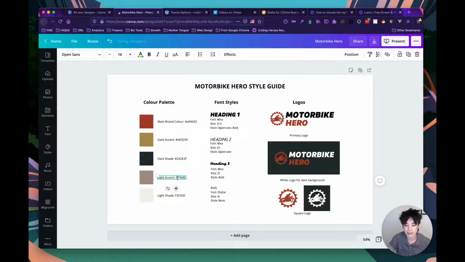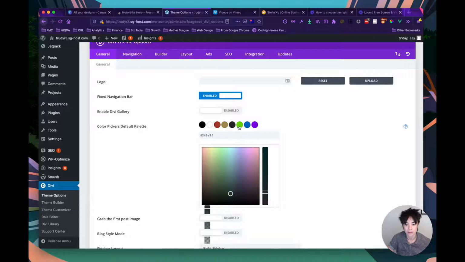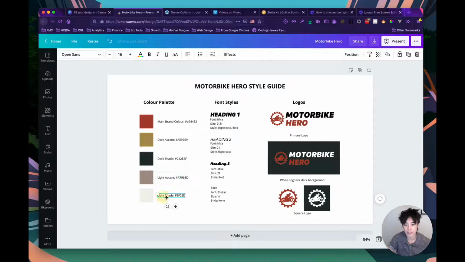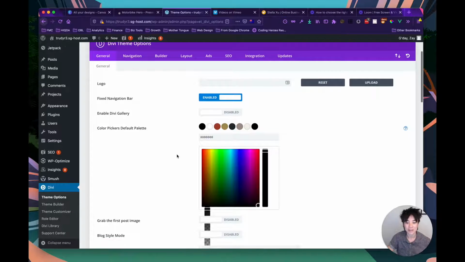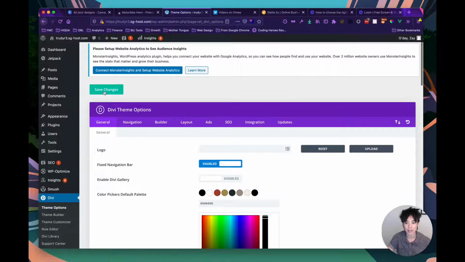Light accent. Copy. Paste it into this green one. And finally, light shade. There we go. Put it into blue. And we currently don't have anything for the purple, so we can just leave it as that if we want, or I can just change it to just a black, so it doesn't stand out and make my color palette look weird. So now we have done that color palette, we can go up here and we click Save